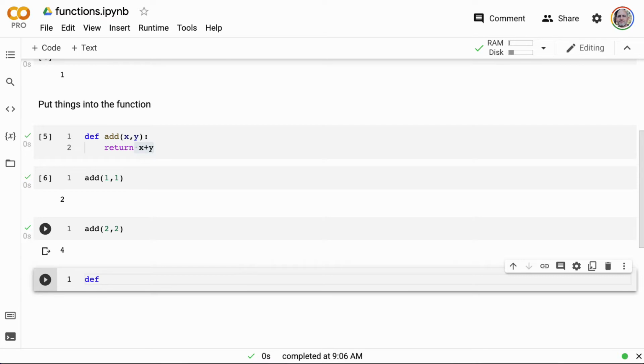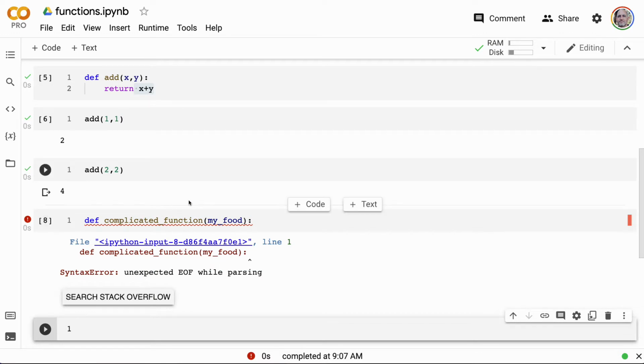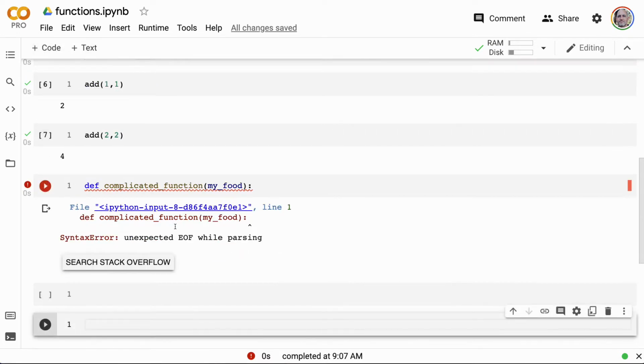So if I say complicated function here, what we could do is we could maybe take my list, or let's call it my food, like this. And we could actually put inside of here, let's just put a code block above here.